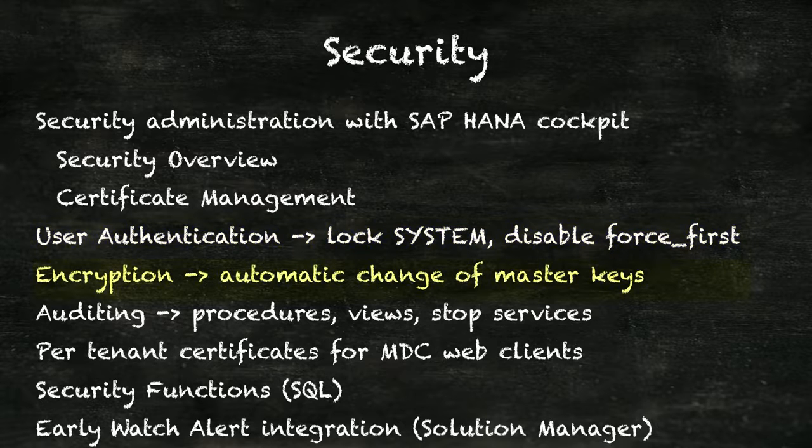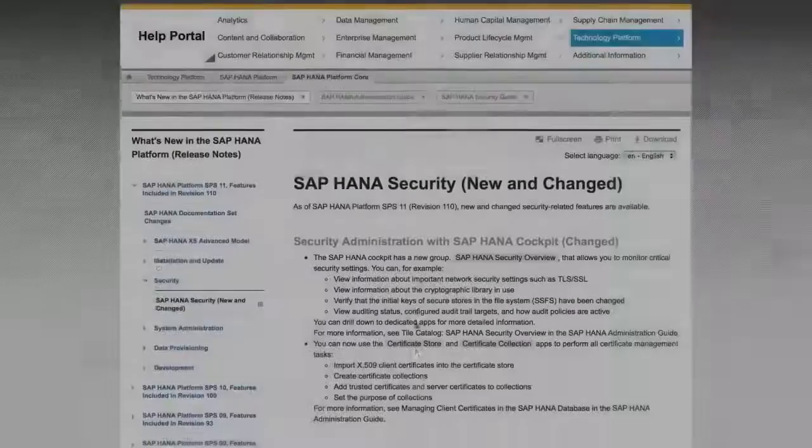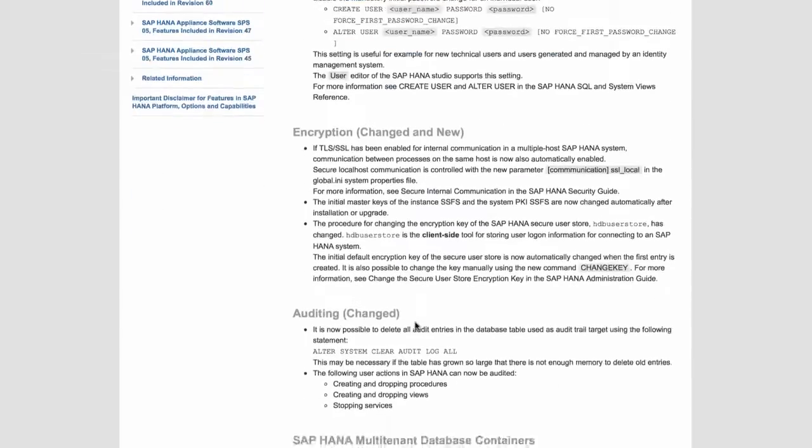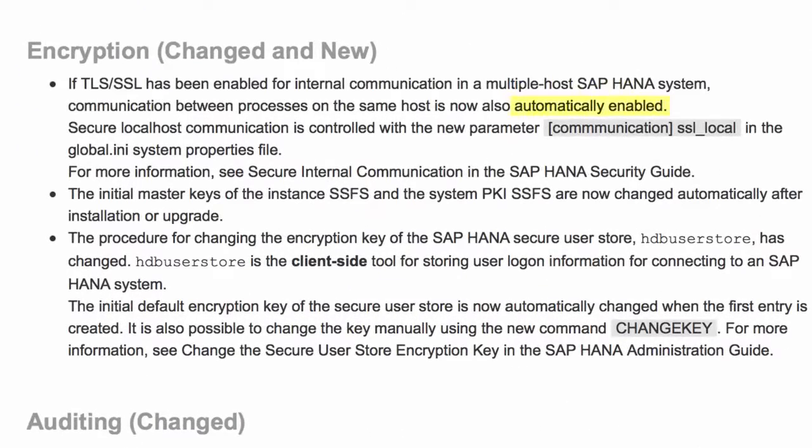Next on our list is the topic of encryption. For this topic, there's not a lot to show, but if we just zoom in here on the What's New guide, we can read that if SSL has been enabled for internal communication in a multiple host SAP HANA system, communication between processes on the same host is now also automatically enabled, that the initial master keys of the instance secure storage on the file system and the system public key infrastructure, PKI, SSFS, are now changed automatically after installation